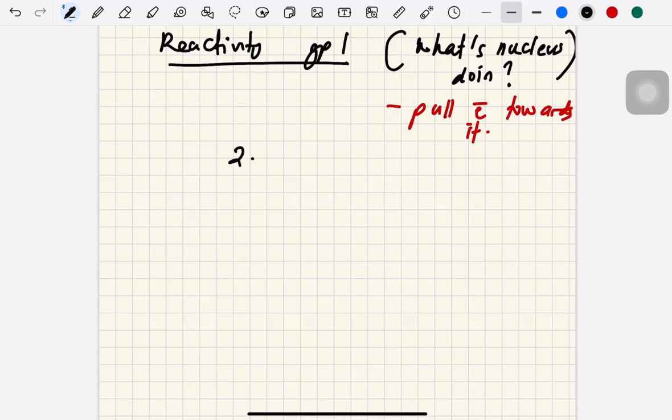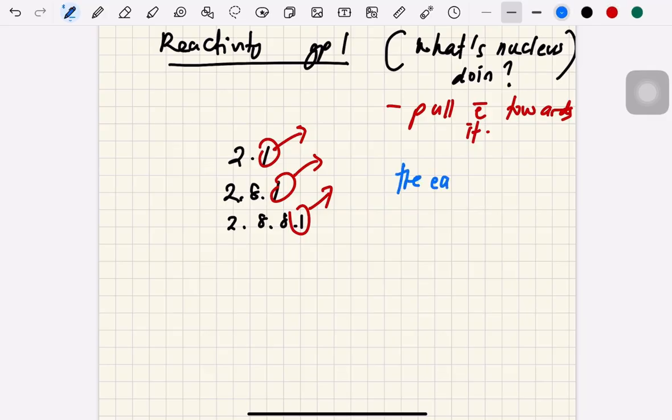Their electron arrangement is 2 1, 2 8 1, right? So we can say that they what? They donate, right? Donate. So they become stable. Okay, so the concept is the easier to donate, the more reactive. Okay, so now